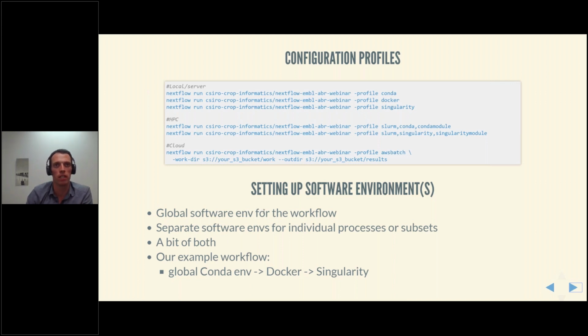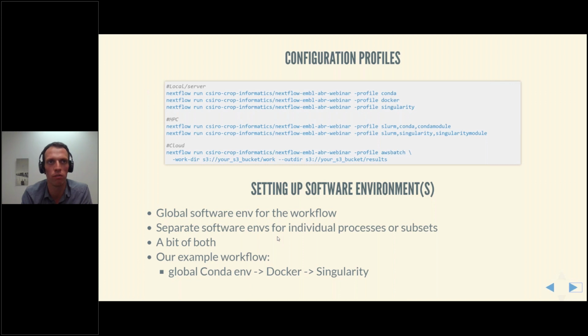So speaking of software environment, we already mentioned the different profiles that are specific for software here, like Conda, Docker, Singularity. There are different ways of doing that. You might already have all the software installed on your system and not worry about that. But more commonly, you would define a general environment for the whole pipeline, or maybe an environment for parts or a specific process within your pipeline, or you can mix it.